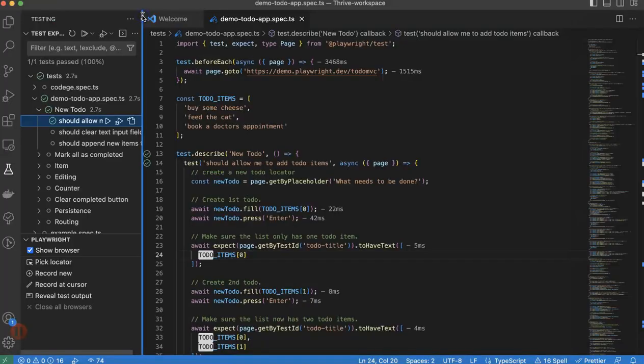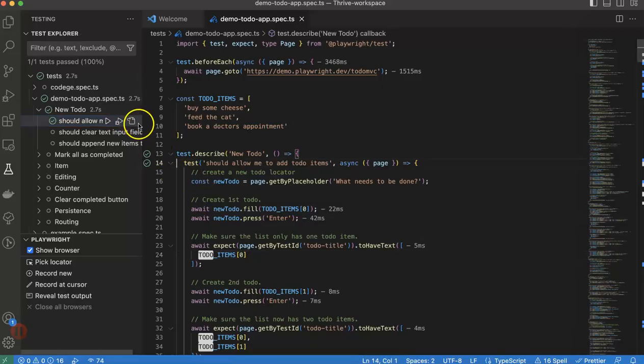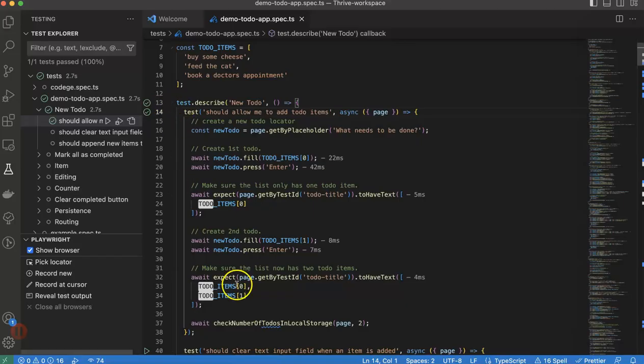So yeah, the test got run, and you can actually see the results instantly. So we have a green check mark here, which means the test is passed. If you want to go to the test, then click on this option and it will automatically go to the test and the code. Now if I want to, for example, debug the test, I can actually introduce a breakpoint